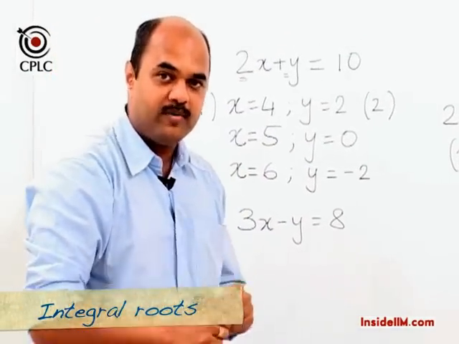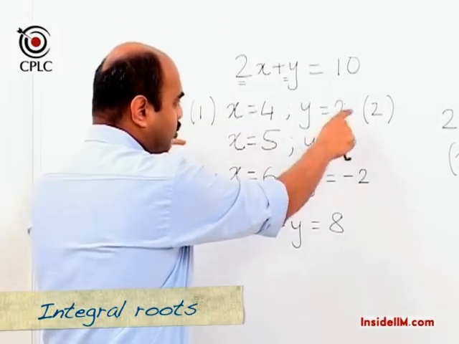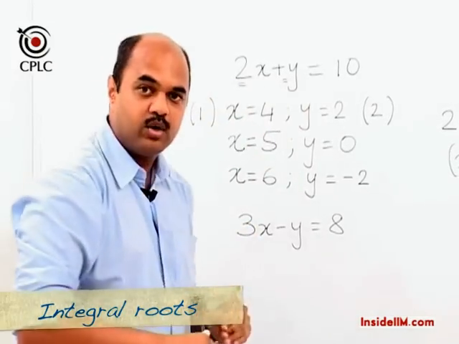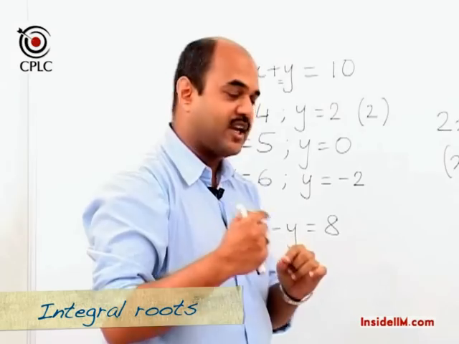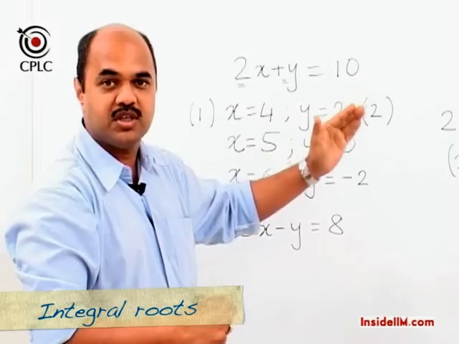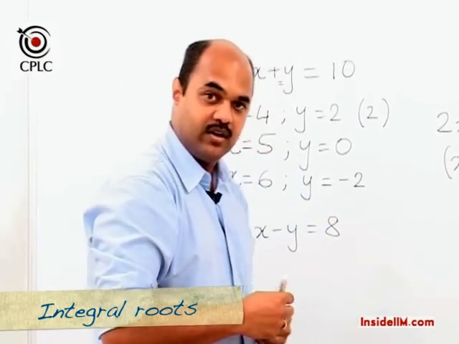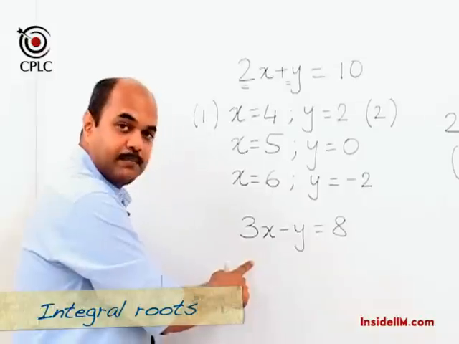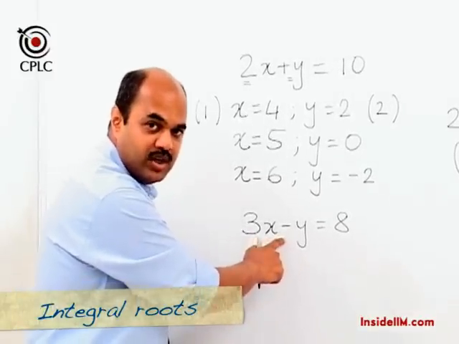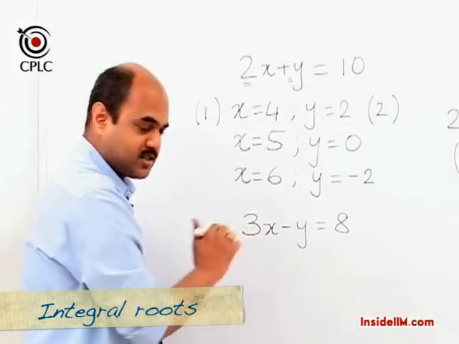So when the problem talks about integral roots, then we can start with one particular solution which is very easy to figure out, and then we can just keep checking x has to change in what steps and y has to change in what steps, and accordingly find out the value of the integral roots. In this example, you will notice that we have intentionally taken a minus sign in between to explain what happens when instead of a plus sign you have a minus sign.